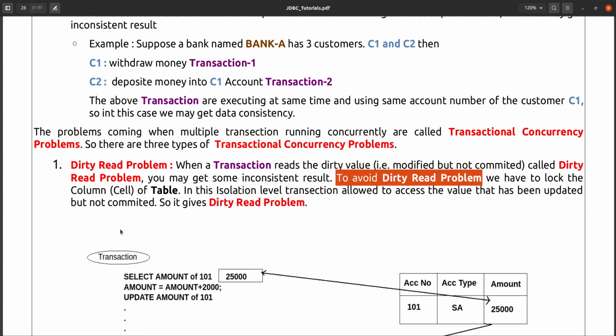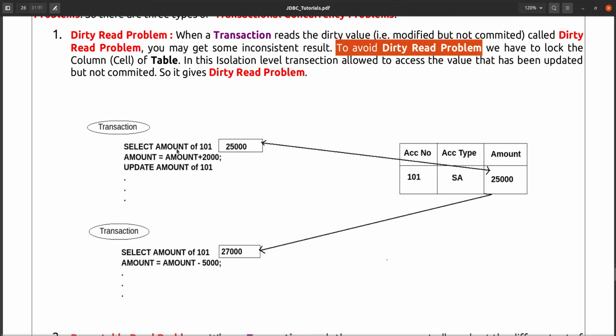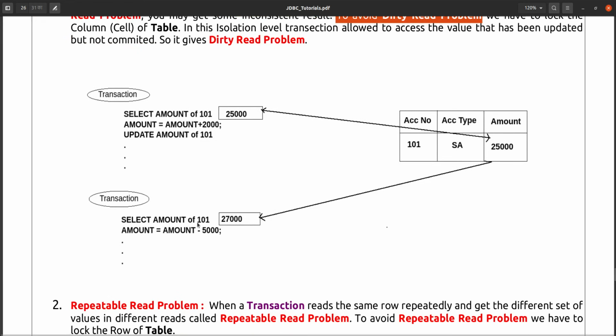If you see this diagram, this is transaction 1 and it is selecting an amount of account 101. The amount is 25,000, and this amount is being read by transaction 1, but transaction 2 has modified this value to 27, and it is not saved yet.